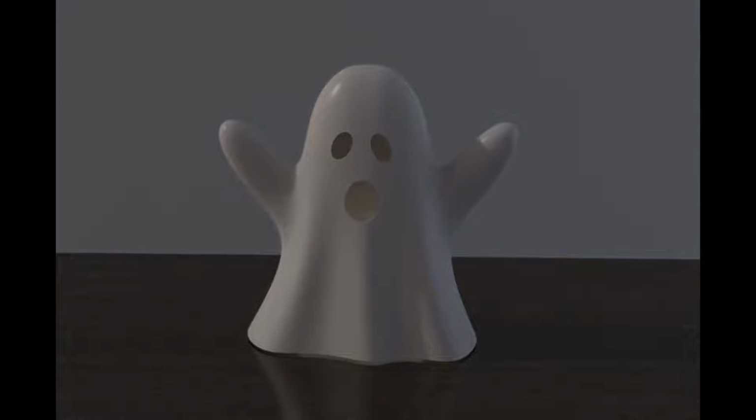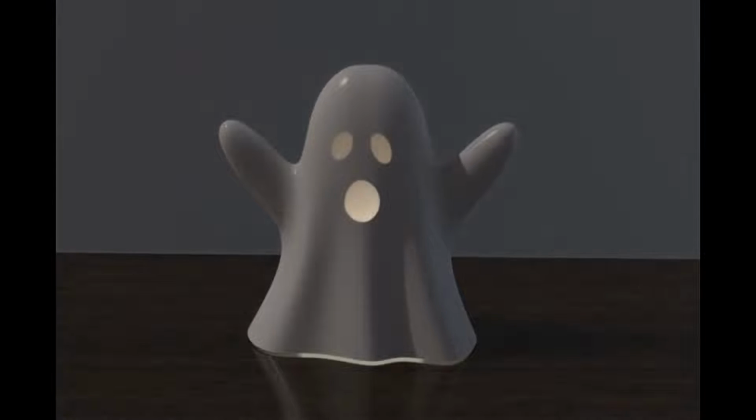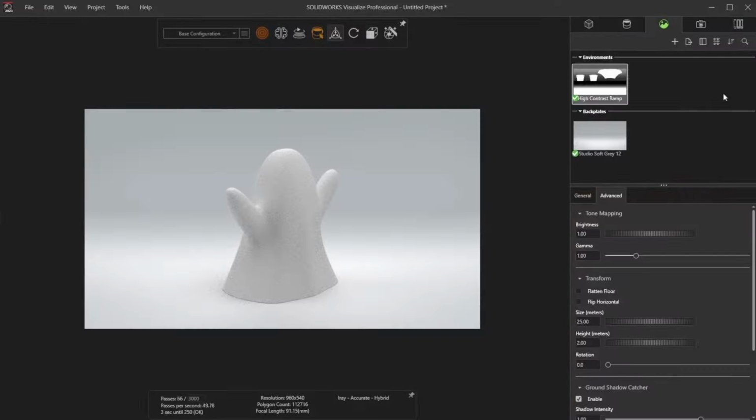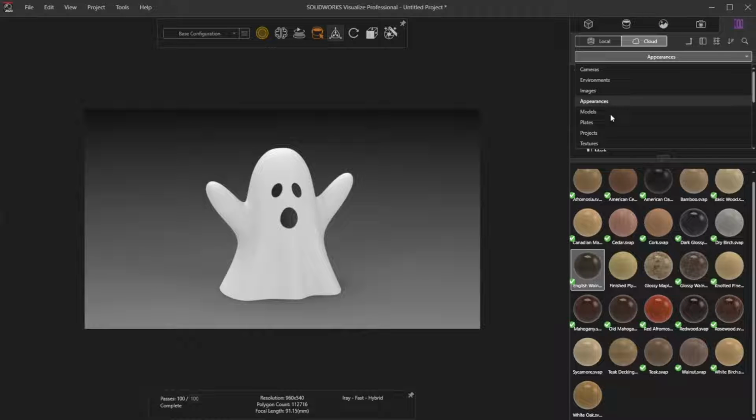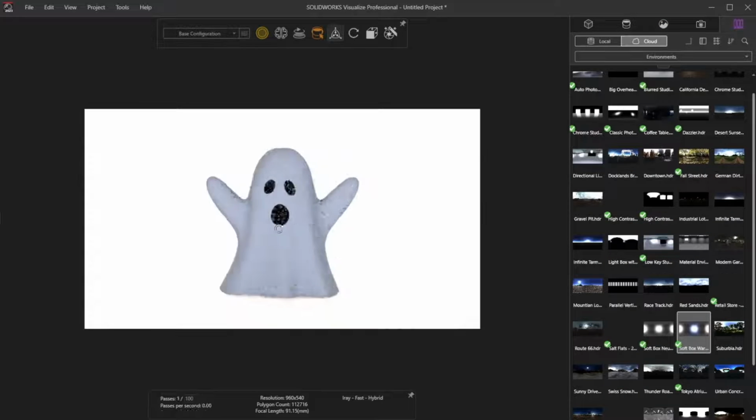In this video, I'll walk you through how I created this simple animated rendering of my ghost figurine. After importing the model into Visualize, I started by disabling that static background image and applied the soft box warm